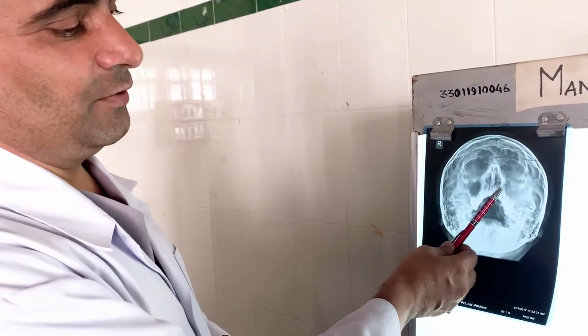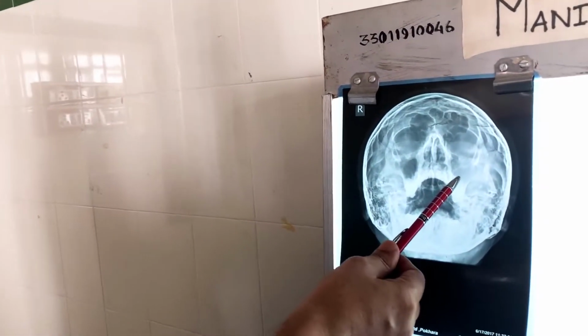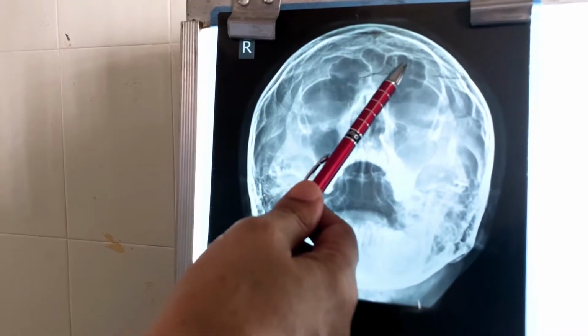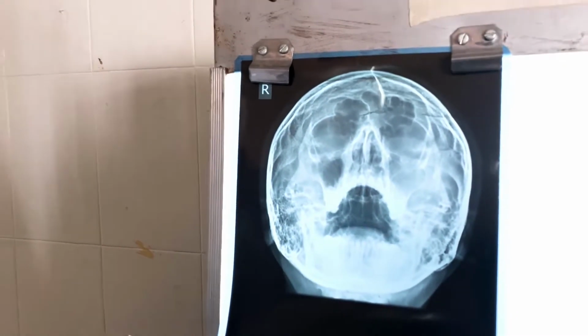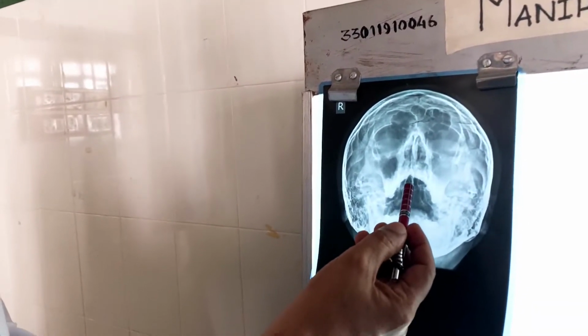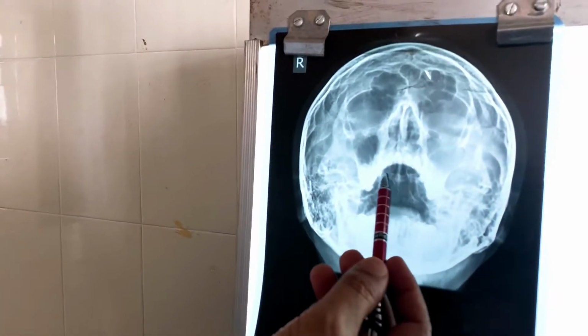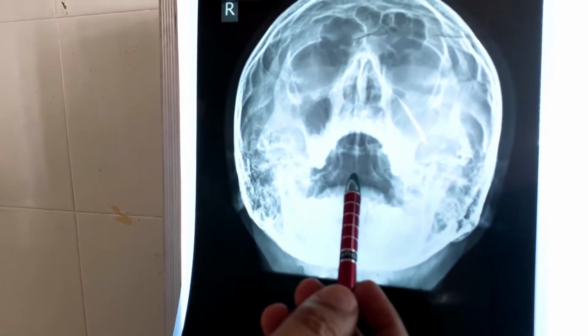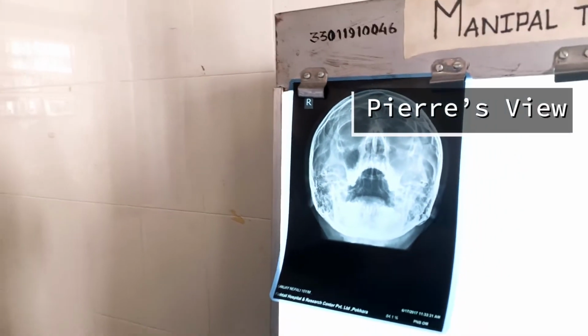This is one more X-ray of the nose and paranasal sinuses, which is slightly different from the previous X-rays. Here, all the findings are the same. The finding is complete opacity almost of the left maxillary sinus. In the right maxillary sinus, there is only mucosal thickening. There is no DNS, and the scalloping of the sinus is there. The positive finding over here is that the mouth is open and you can see something over here. So this is the sphenoid sinus. This is seen inside the oral cavity. This is called Pierre's view of the plain X-ray of nose and face. Pierre's view is basically performed for the sphenoid.